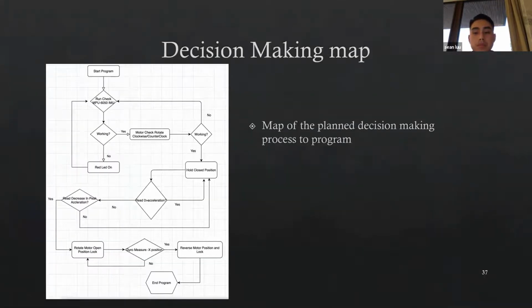This is the basic outline of how the decision-making process would be made in the programming. So when you start the program, it runs a check through the MPU 6050. If it's working, yes or no. If it's not, a red light would turn on and it would run the check again. If it is working, the motor would rotate clockwise and counterclockwise,